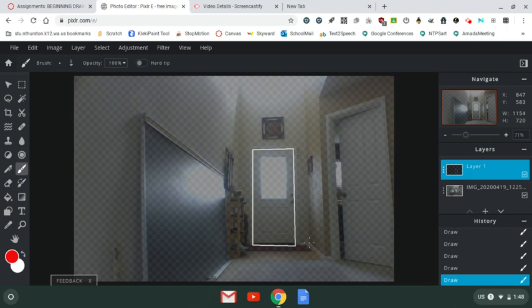So I'm going to click on that first without holding Shift, and then I'm going to come all the way up here and then hold down Shift and click, and there's my red line there. And then go to this edge, hold down Shift and click, and then go to right here. You know, actually, I don't want to draw that shoe rack. That's just going to be too complicated. So I'm going to kind of guesstimate where the bottom of that wall is, and then Shift, click, and then just kind of click over here, Shift, click,